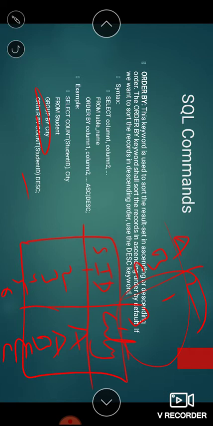So in descending order, 3, 2, 1 and the corresponding values C, A and B. So this will be the output of ORDER BY.